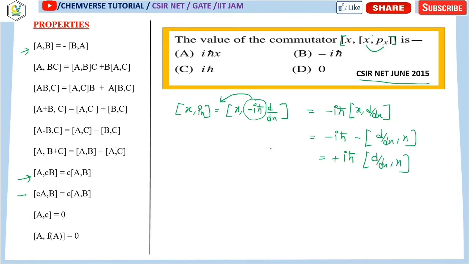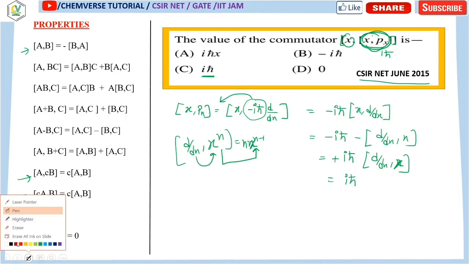In my previous class I said that if d/dx is commuted with some function of x, we only take the derivative of it, and that will be the value of the commutator. So for x to the power n it will be n x to the power n minus 1, which is nothing but the derivative. So over here we are just taking the derivative. d/dx of x is just 1, so it has a value of i h cross. Now don't mark i h cross yet, because over here there is another commutator with x. So this commutator of x and px has a value of i h cross.